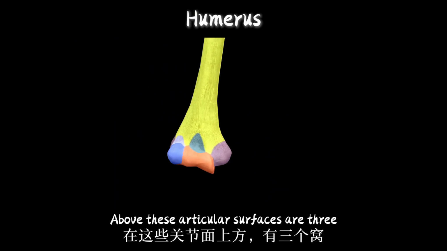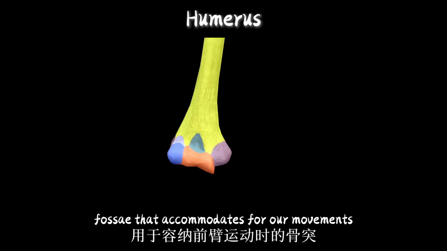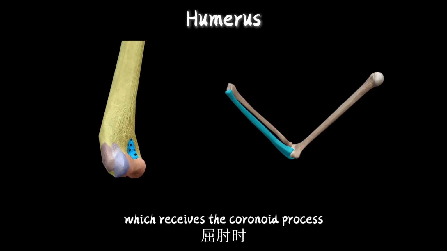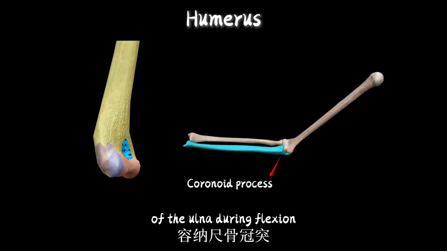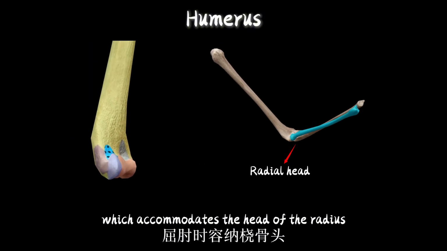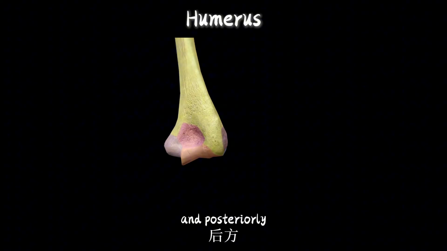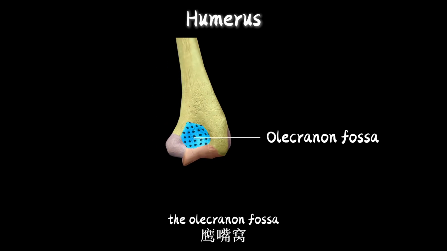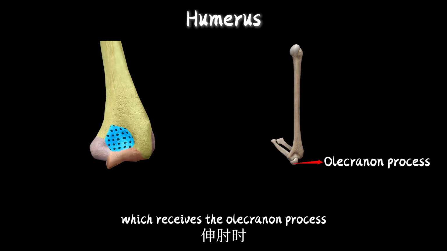Above these articular surfaces are three fossae that accommodate forearm movements. Anteriorly, above the trochlea, is the coronoid fossa, which receives the coronoid process of the ulna during flexion. Also anteriorly, above the capitulum, is the radial fossa, which accommodates the head of the radius. And posteriorly, we find the largest of the three, the olecranon fossa, which receives the olecranon process of the ulna